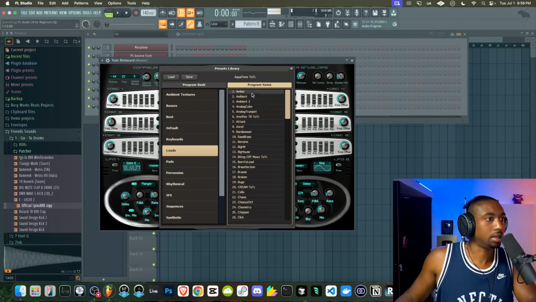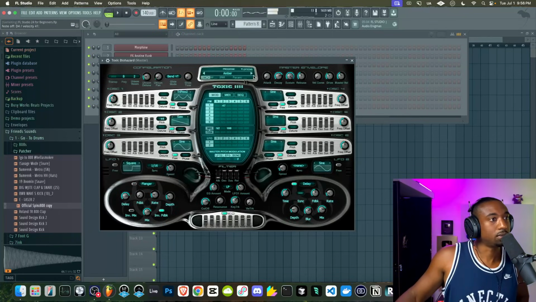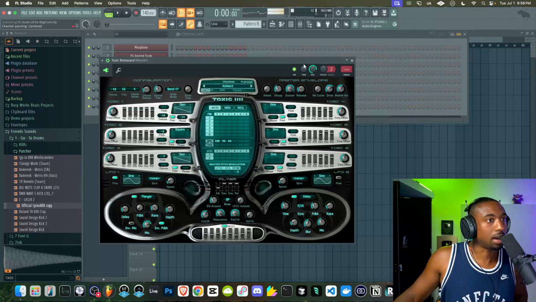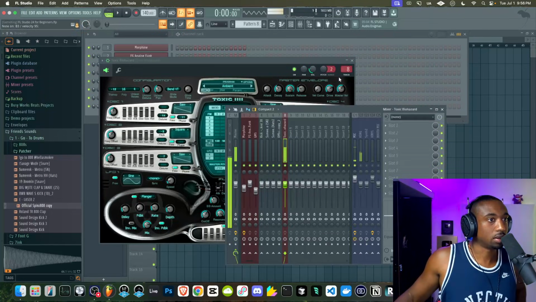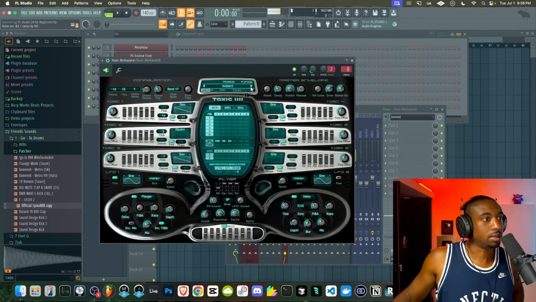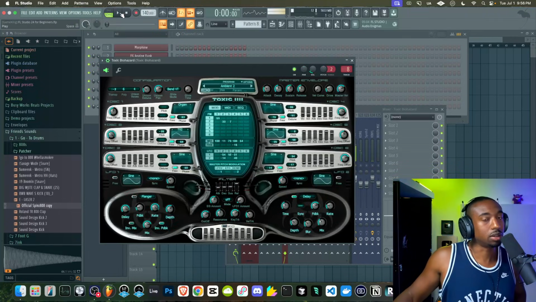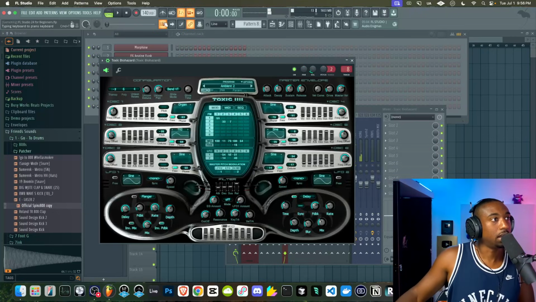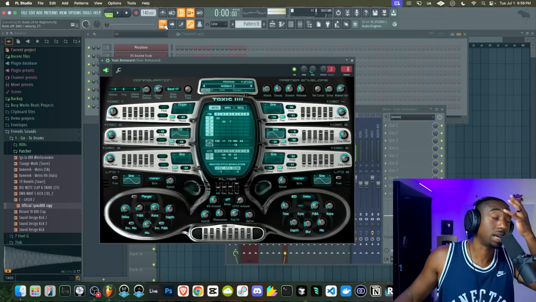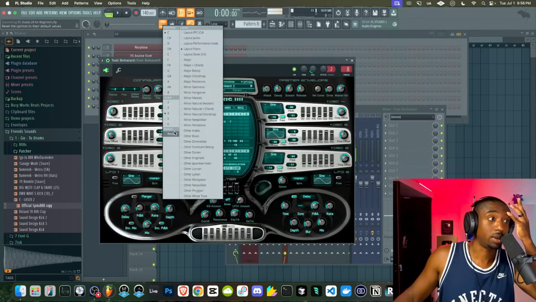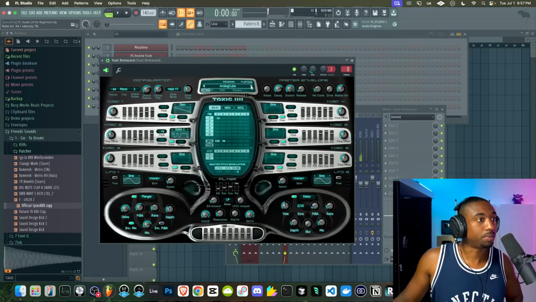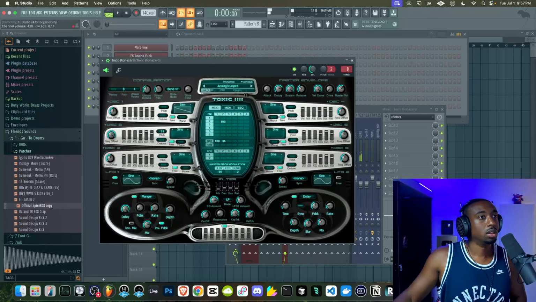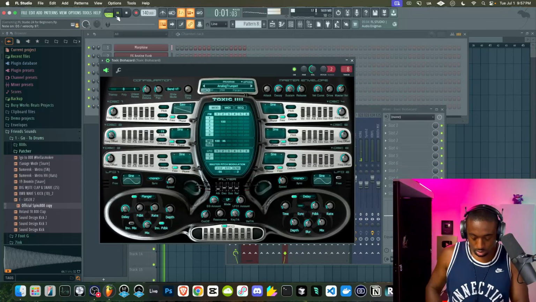Let's go to leads and let's just click the first. Let's mess with some leads here. And what we want to do is go to this cog icon, just turn that volume down and let's hit Control L to send it to the mixer. This sound is a little too loud. So I'm just going to go through sounds and hear them in context as I play them. And again, if you want to play along with the beat, you could use your typing keyboard here. Just right click, hit reset, and then you could type on your QWERTY keyboard to actually play notes. So I'm going to hear these sounds in context.